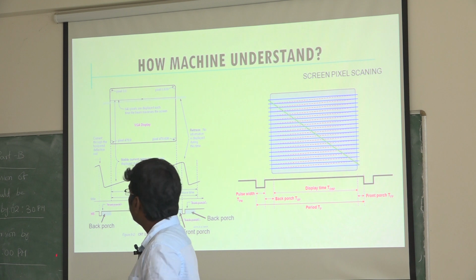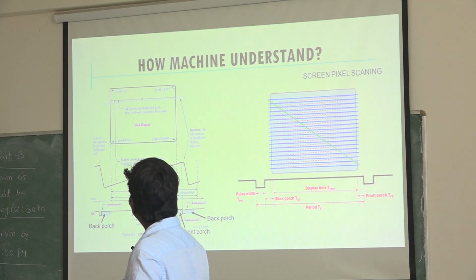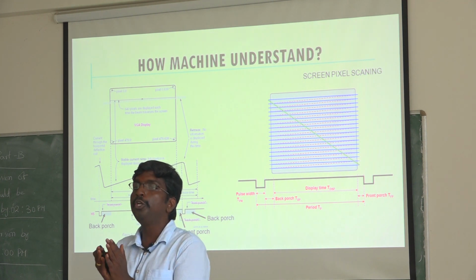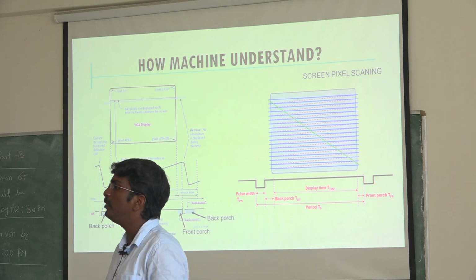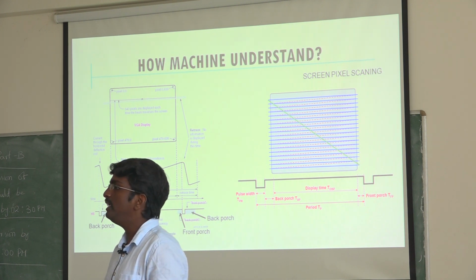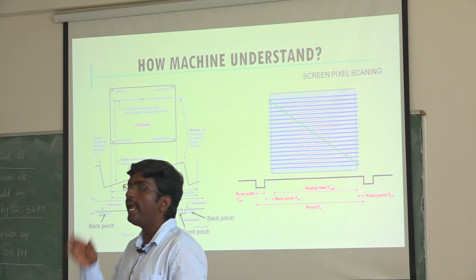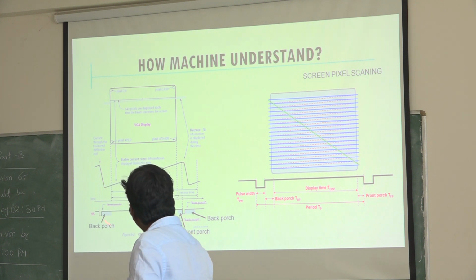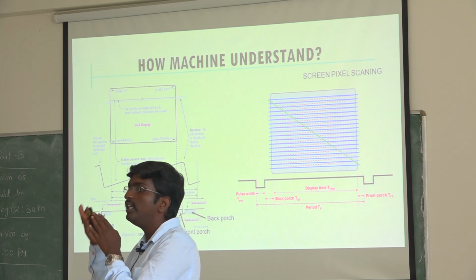This is the magnified view. This is called the pulse width. This pulse width duration is the minimal duration, used like a pass or NOR command in Verilog, to detect the starting position of the horizontal pulse. Similarly, we have the vertical pulse, which marks the end of the section. That's the back porch. From the end position, it will say vertical pulse.